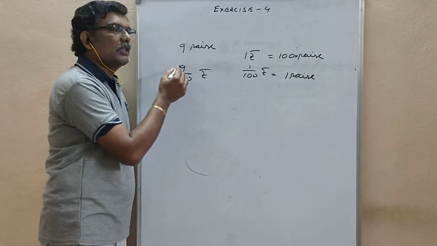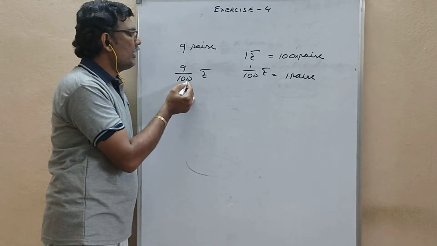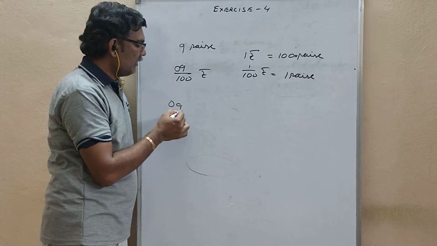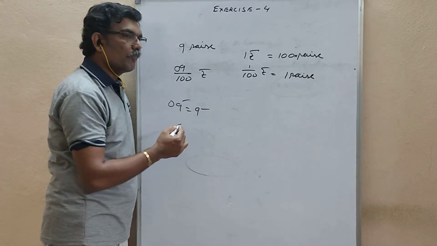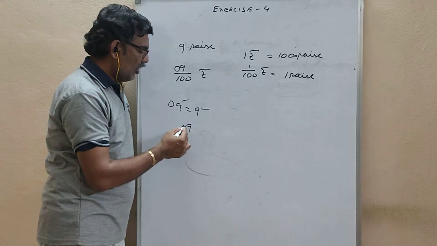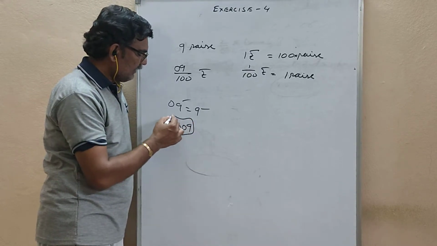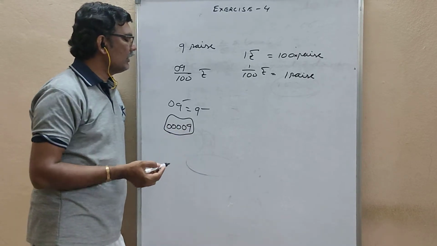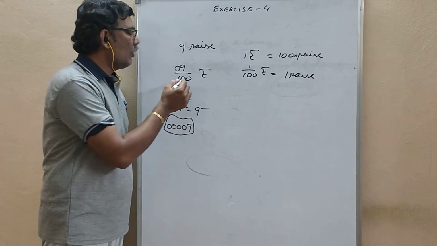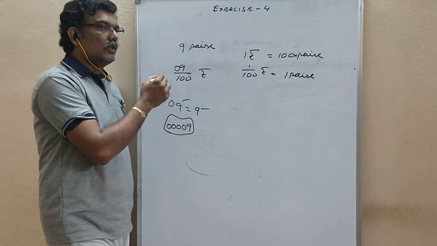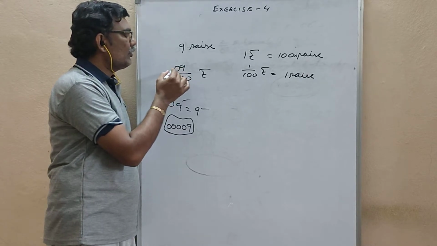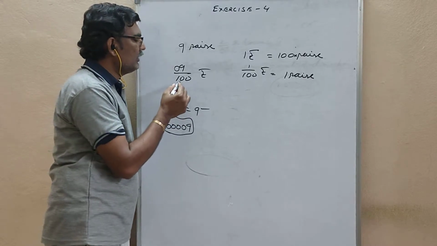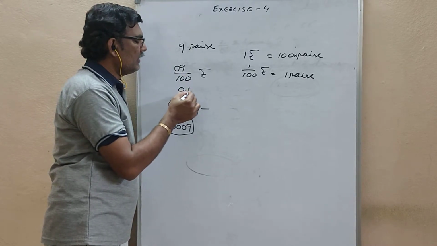Here how many digits are there? It is a single digit number. So I want to keep the point 2 digits before. So I can keep a 0 here. 09 and 9 both are same only. So before a number, however many zeros you keep, its value does not change. 000009 is nothing but 9 only. So why I kept a 0 before 9 is because I want to keep the point before 2 digits. You have only 1 digit. To make it 2 digits I kept a 0 before 9 without changing its value. So 2 digits before means 0.09.